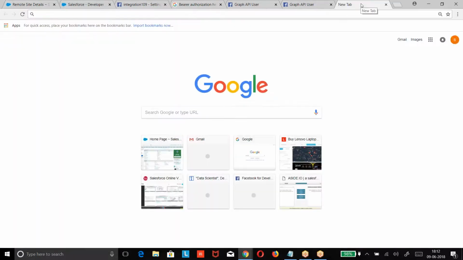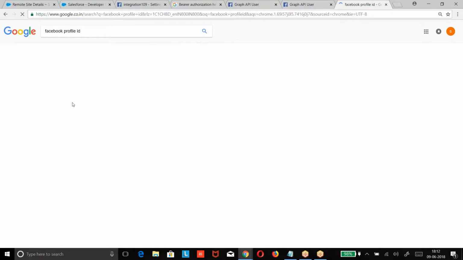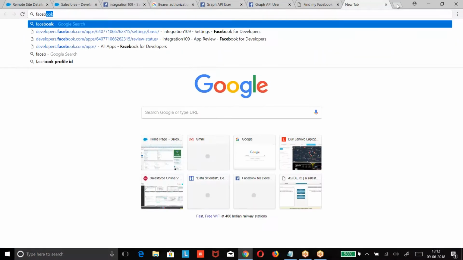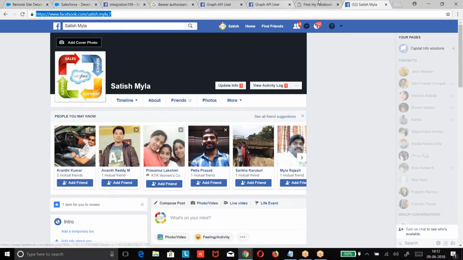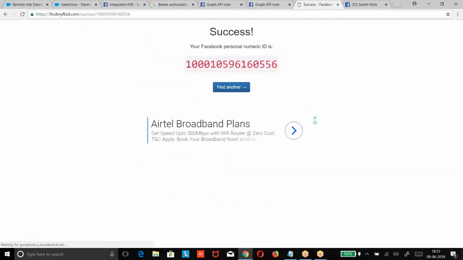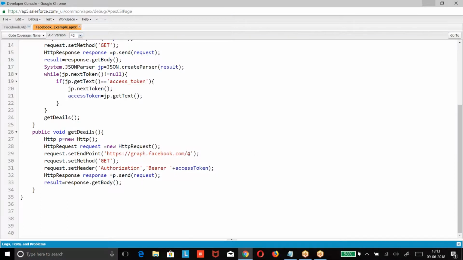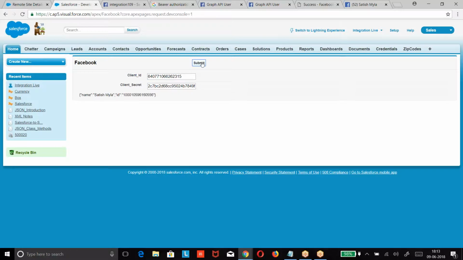So let me get my profile. We received my ID, the basic details.